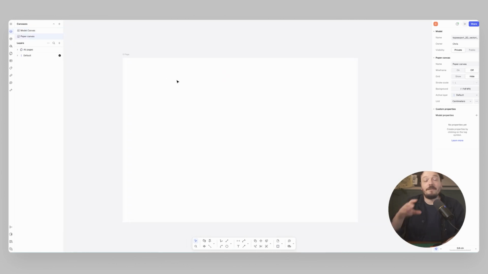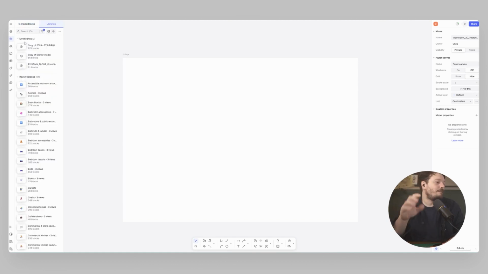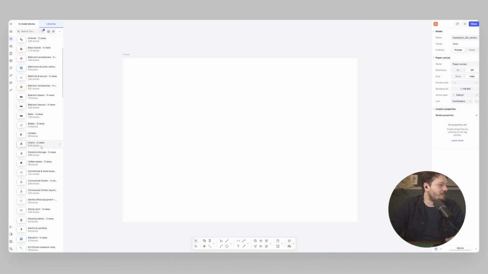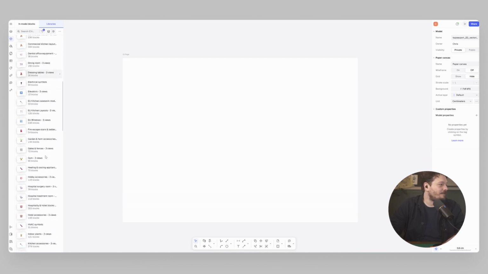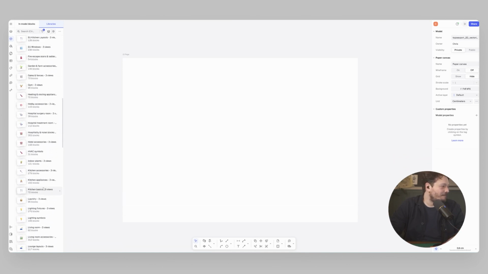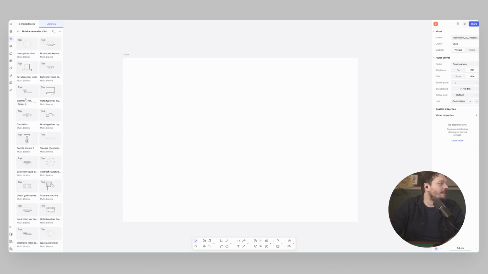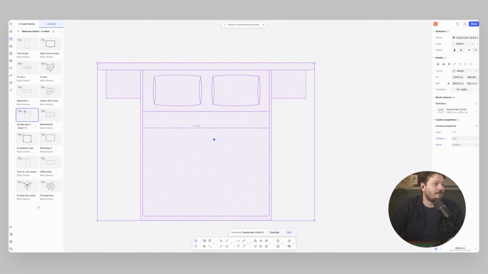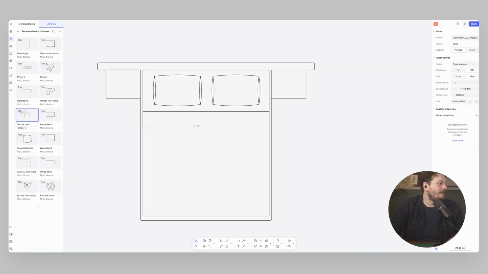So next step is to look in the Rayon block library. I'm a big fan of the Rayon block library. It has so many different blocks, over 10,000 top, front and side views of different blocks. Things from animals, bathrooms, bathtubs, chairs, dentist office equipment, heating, cooling, gym, anything you could want exists in the block library. So take this double bed, for example, I can just drag that in